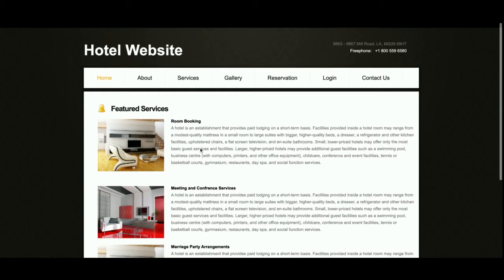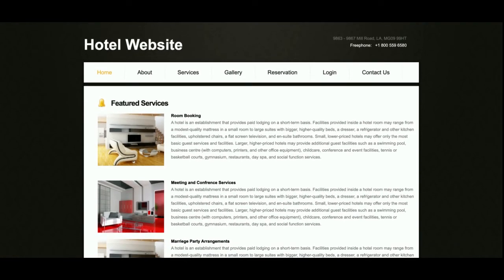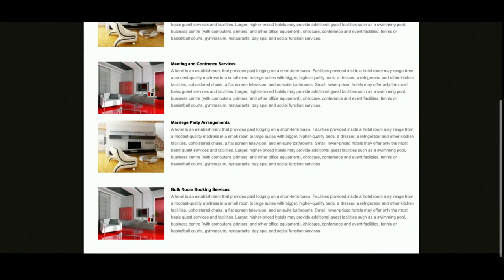This is the services page. I have added four services, but if you want to add more, just copy and paste the row below or at the top of the page, and that service will be added. All these services come directly from the HTML pages. If you want to change the content or the images, open services.html and make the changes there.